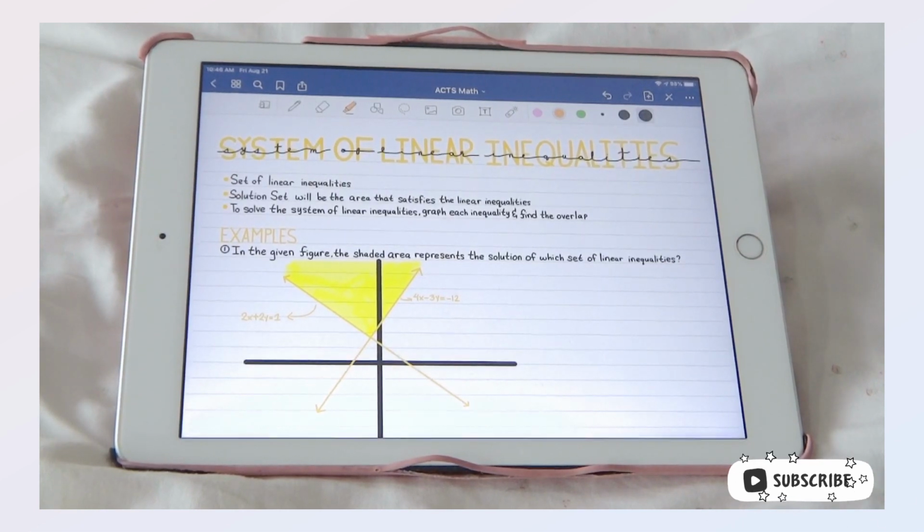And the only cons I have here is that, of course, if you're just going to use this tablet or laptop to take notes, then it's really a big investment. They're not cheap, I'll tell you. Not many people have access to iPads, to laptops. And second of all,